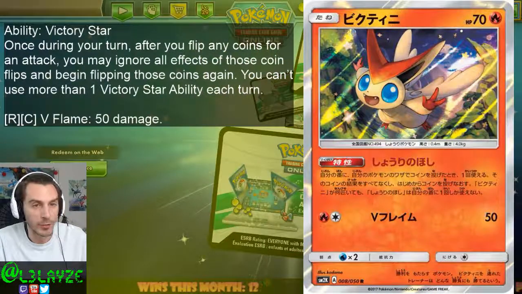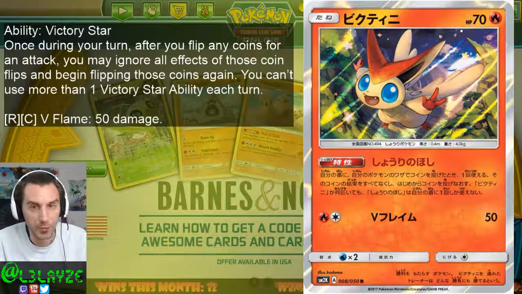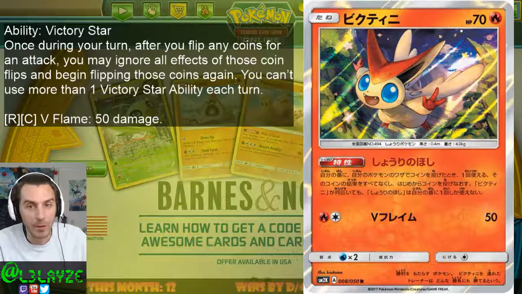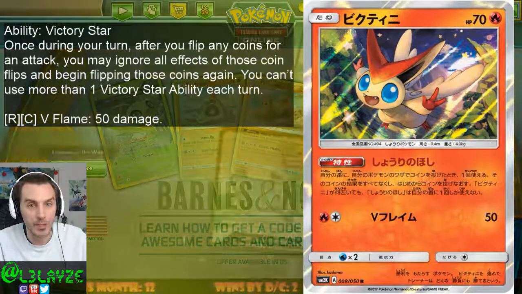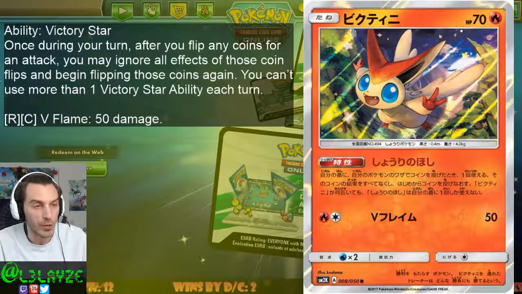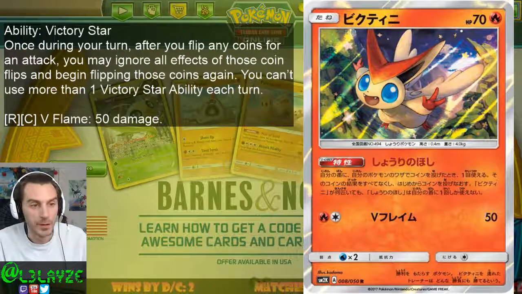So this will allow you to, once during your turn, you may flip any coins for an attack, or after you flip any coins for an attack, you may ignore all effects of those coins and begin flipping those coins again. You can't use more than one Victory Star ability each turn. So this card is probably one of the best cards in terms of reflipping your cards, because I know that